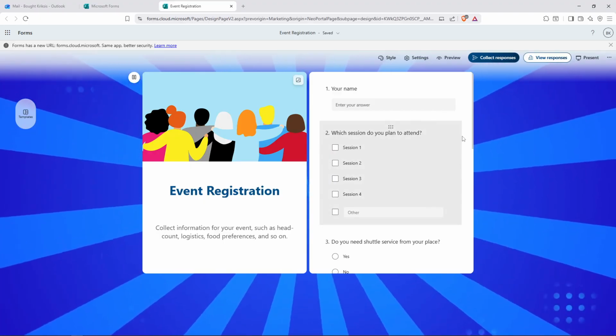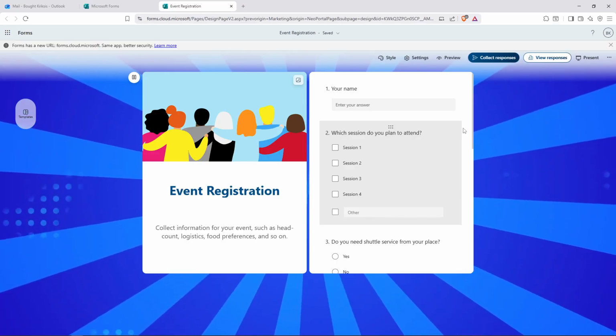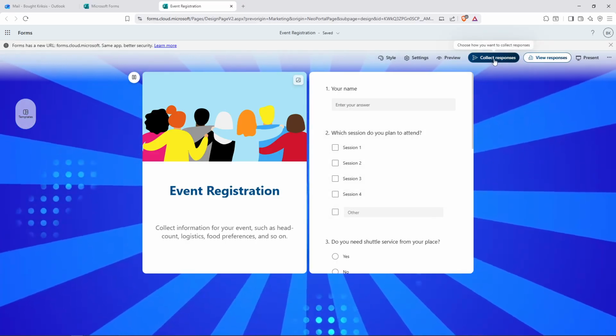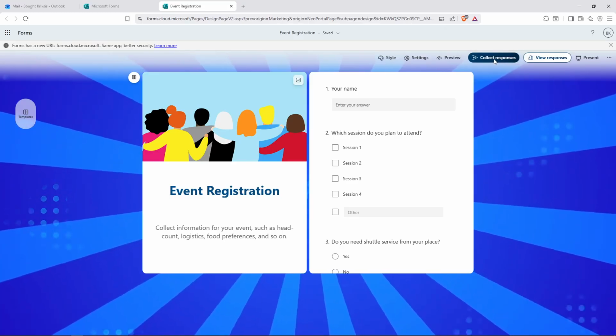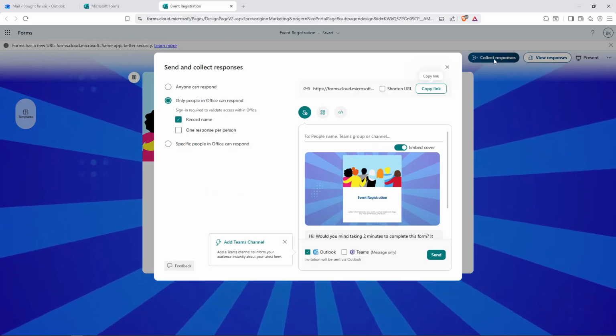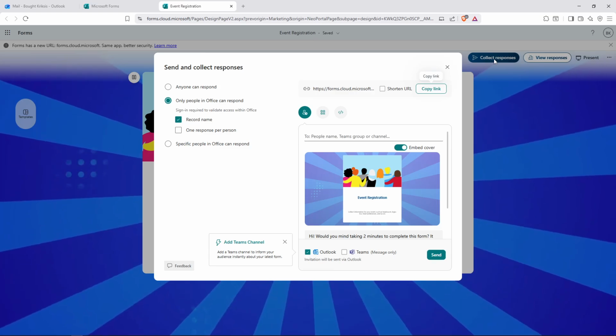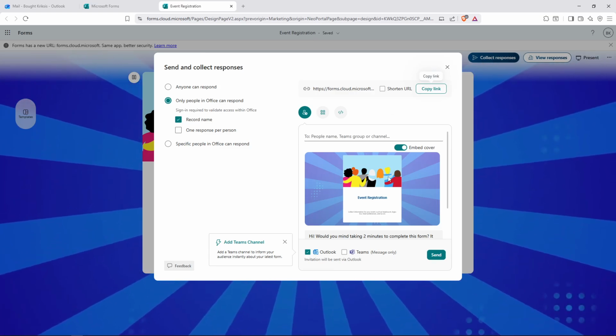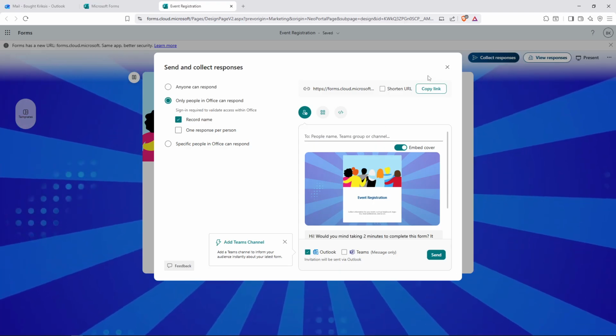Now, here's where the embedding process begins. Look for the Collect Responses button located on the top right part of your screen and click on it. This button is your gateway to sharing and distributing your form through various channels. After clicking, a Send and Collect Responses window will appear on your screen, giving you multiple options for how to